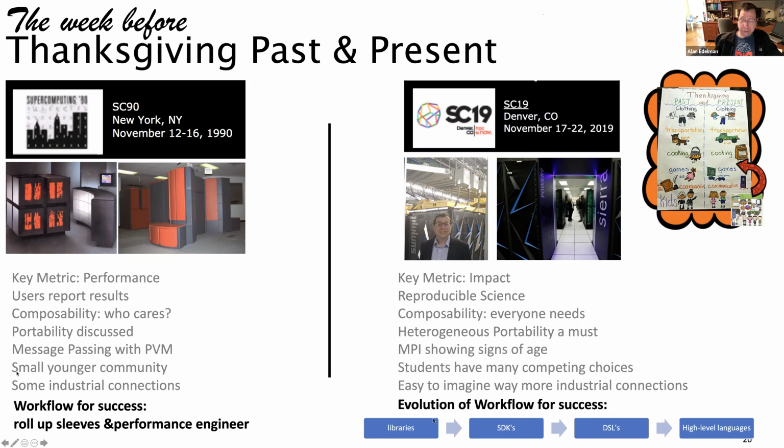And the nature of the tools that exist these days go from here to here with increasing abstraction, increasing difficulty, but increasing ease of use. So you can get performance out of libraries, you can get performance out of SDKs, or out of domain-specific languages, DSLs. But the approach that we're taking with Julia, both in the academic world and at Julia Computing, is to use high-level languages. We believe that with high-level languages, we can get performance out of parallel computers and still keep the code portable for many years to come.